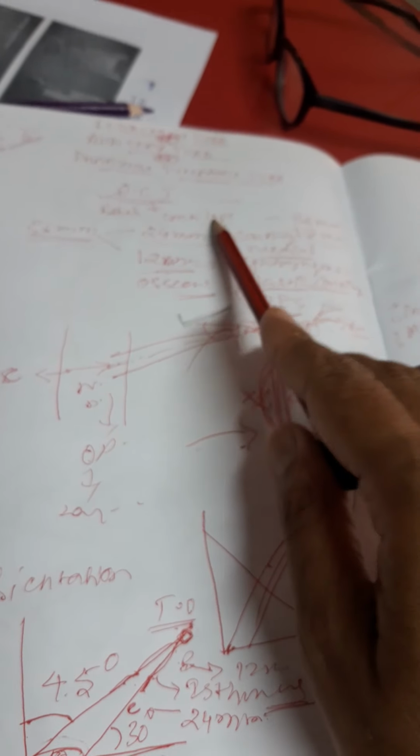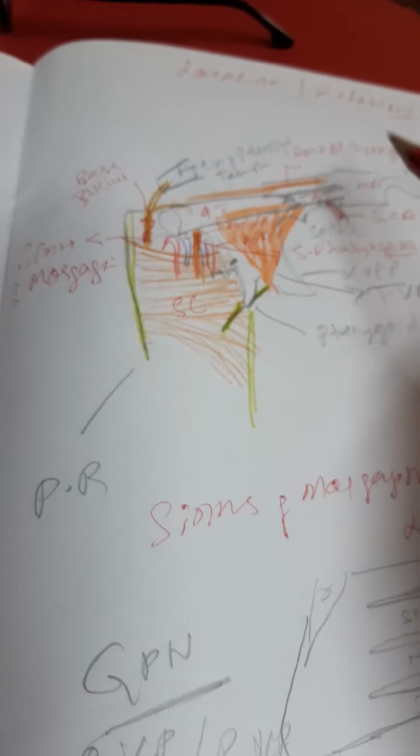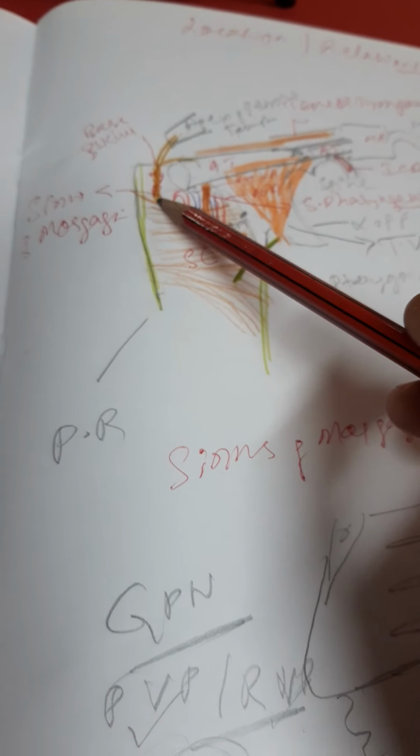So we studied about the gross features. So what exactly is it? It's an osteocartilaginous tube communicating the nasopharynx to the middle ear cavity. What is its function, we learned. What is the orientation of this tube to the two planes, the sagittal plane and then the horizontal plane. Then the structures which are related, how it is passing through the sinus of Morgagni to enter into the nasopharynx. What was its location in the nasopharynx and what it was related to in the nasopharynx we learnt. And then the blood supply, nerve supply, and then the lymphatic drainage, and applied anatomy is to maintain the air